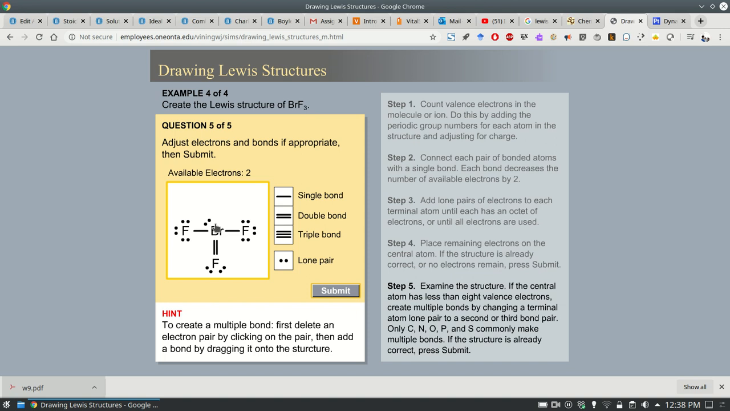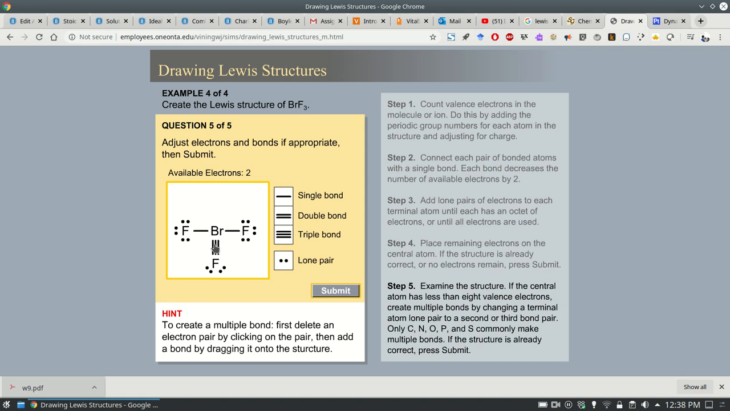Now, with this particular online tool, they have you follow the octet rule first with step 3, but only on the outside atoms. They don't have you do it for the central atom, which is not my favorite way to do things, but it is one way to do things. So